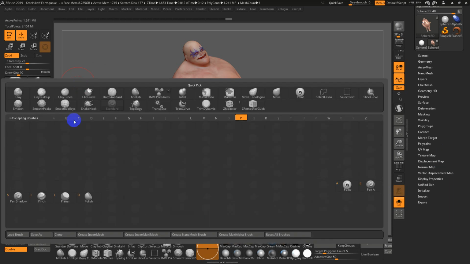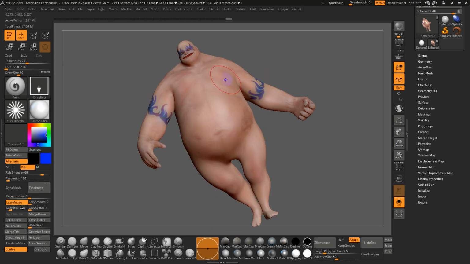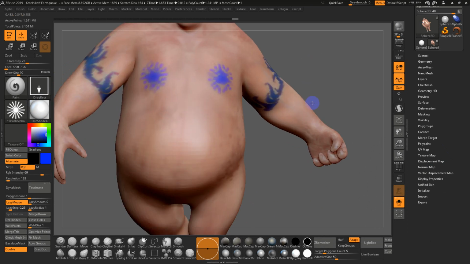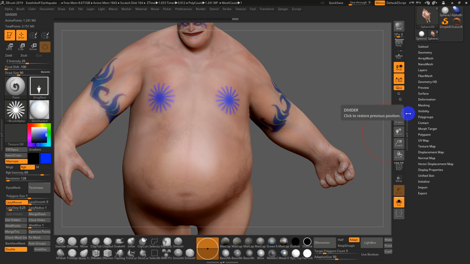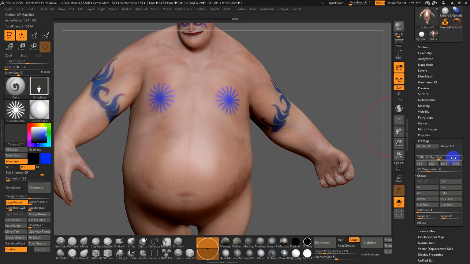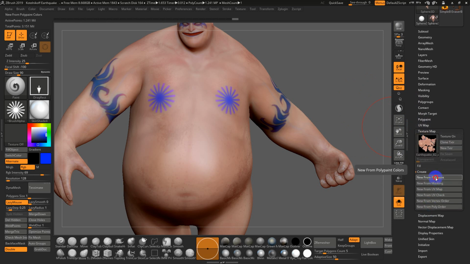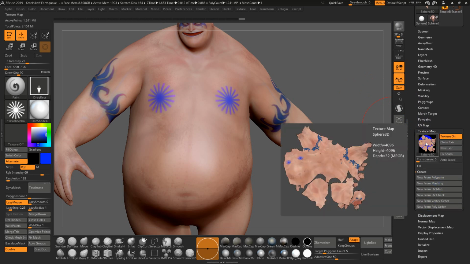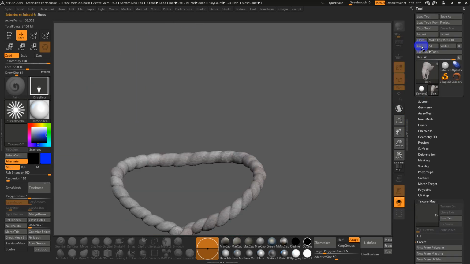So I'll go back to my little paintbrush. Let's say, because I'm moronic, I do this sort of thing all the time. Boop. So fancy. So what you can do now, right? So this is live Polypaint data. It's directly on the mesh. I can go back to UVs because I still have the UVs, because it came in with UVs. Go back to texture map and just say new from Polypaint, and you'll see that just pop in. And then if I go Z back,